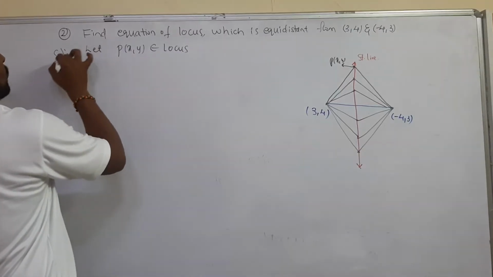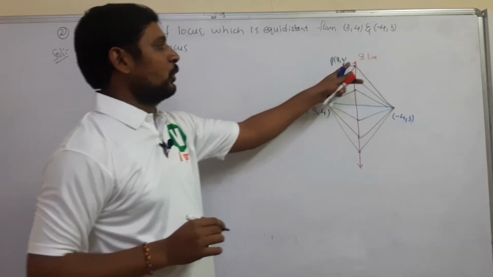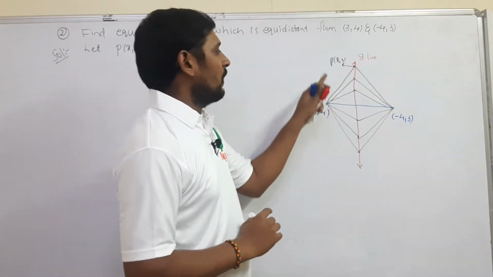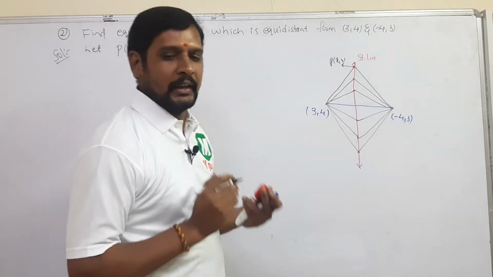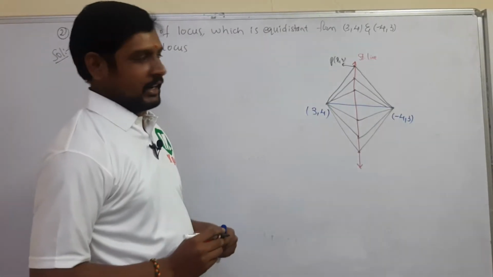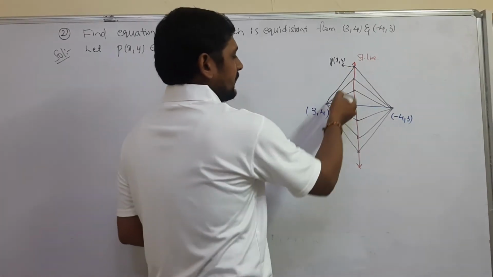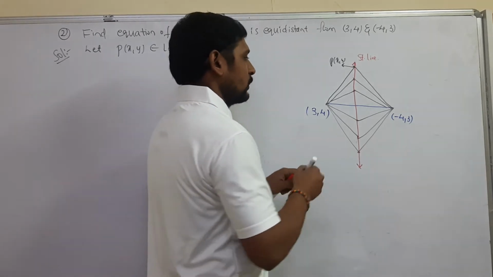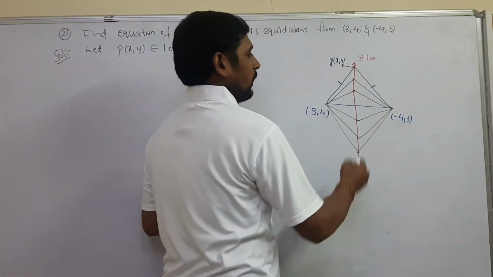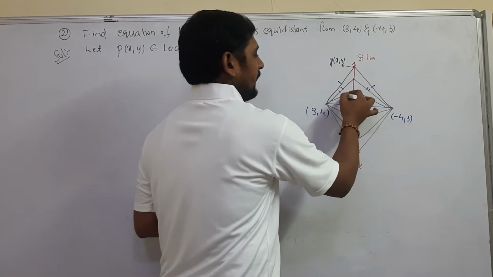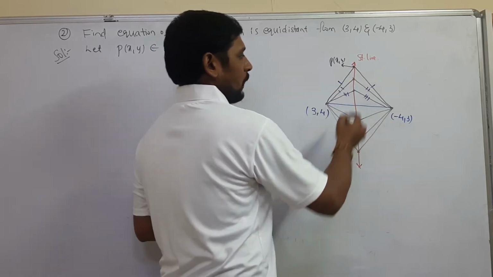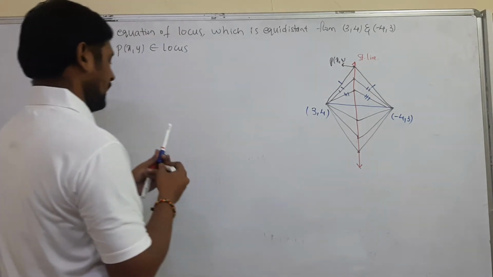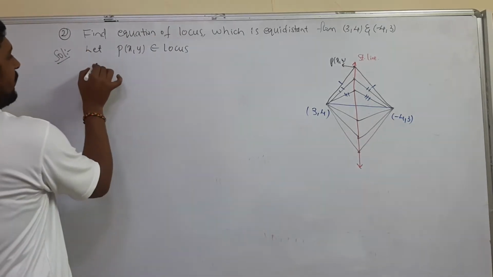First we need to take the point because we don't know this point. So out of these many points, one of the points we assumed as x comma y. Then write the geometrical condition. What is given? The distance is equal. Which distance? These distances are equal. Because the distance is equal, write the geometrical condition.